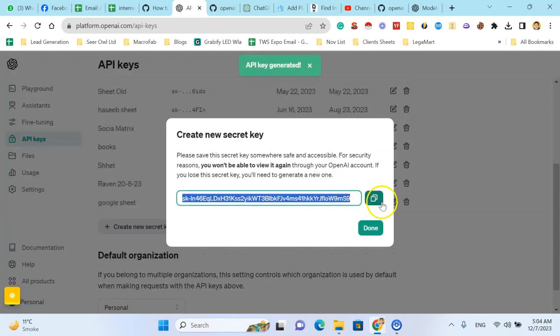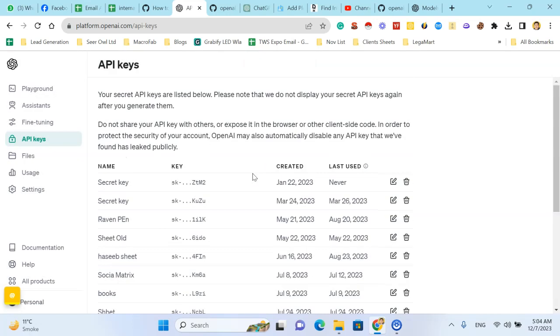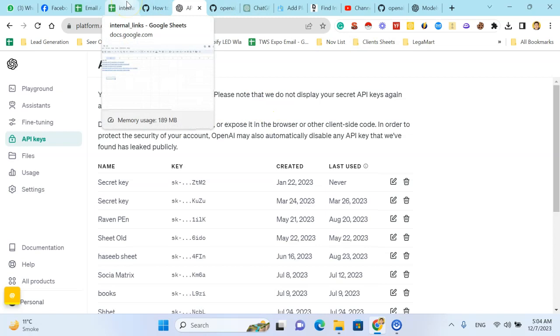Okay, here is the API key, just copy and paste this. So it's a simple step, and you can generate the API key and use this through the Google Sheet software